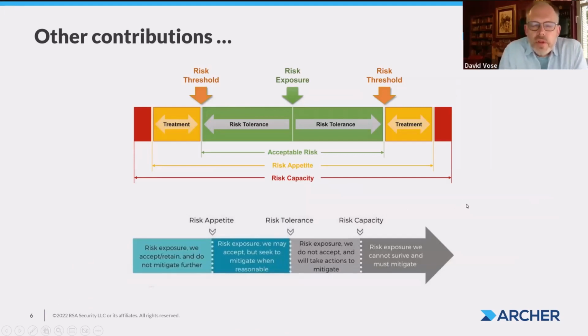If you go to Google and start searching for risk appetite versus risk tolerance, and take a look at a few of the images that come up, I picked up a couple. On the top here, you've got risk tolerance apparently to the left and right of some central value. So we've got a bracket around that, and that plus or minus is an acceptable risk. And if you add treatment in there, then it becomes risk appetite, and we've got risk thresholds, and risk capacity is, I don't really understand this, but I mean,